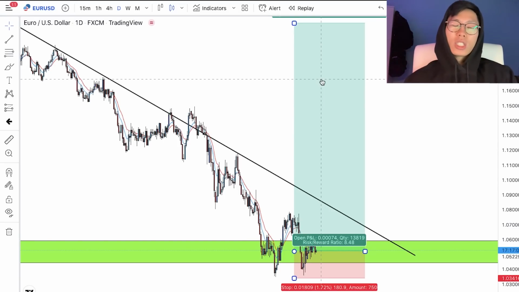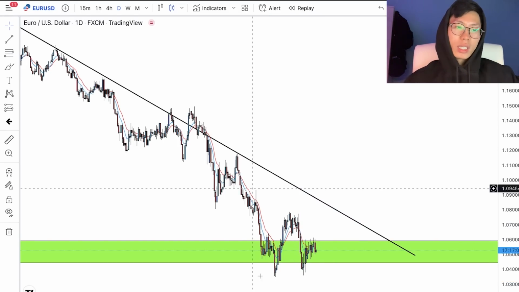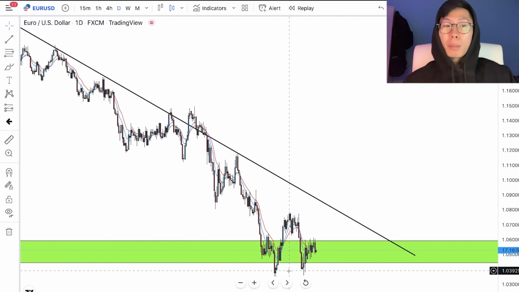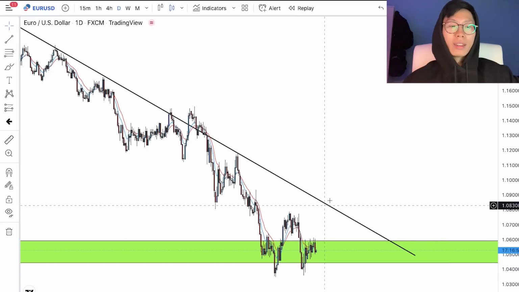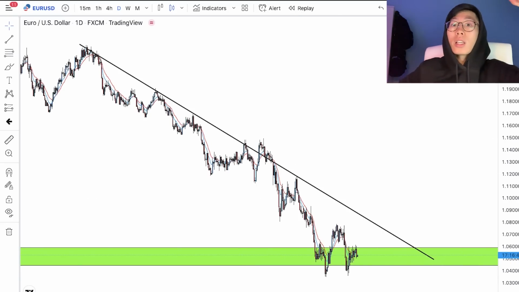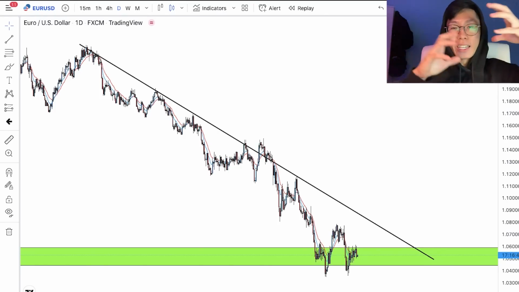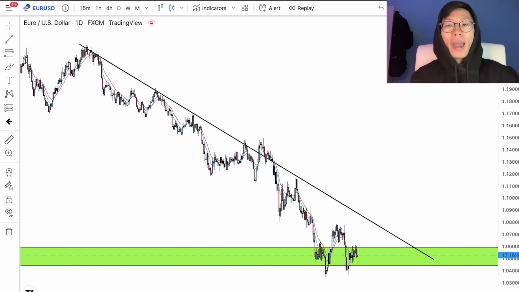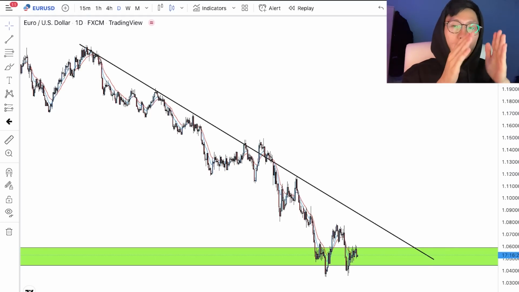But for me, this is not really enough for me to enter for a buy. However, I do see that price is kind of losing steam and the buyers are kind of taking over. There may be a relief rally, where it just goes up a little bit. Ultimately, when you see something like this, your first thought should still be trading with the trend rather than against the trend, because right now the overall trend is still bearish until it shows us some sort of signs that price is reversing. And how do we know that price is going to reverse to become an uptrend? We look at market structure.